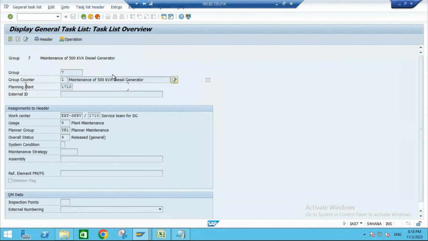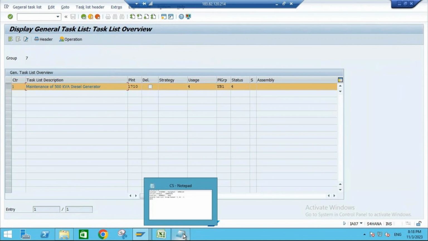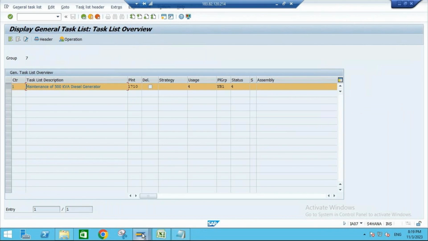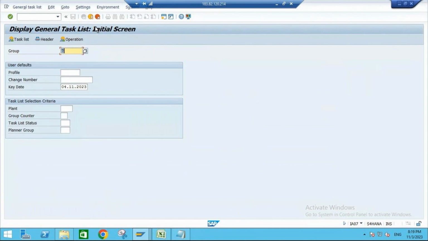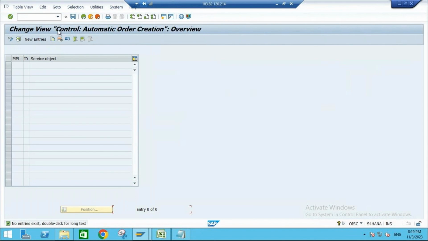Now the next step is, before creating the maintenance plan, we need to assign this task list to our service product. Otherwise the order will not get generated. The T code is OISC. So let's maintain the entries in this T code, and then we will create the maintenance plan. Let me go back. You need to go to T code OISC. This is the T code. Control, automatic